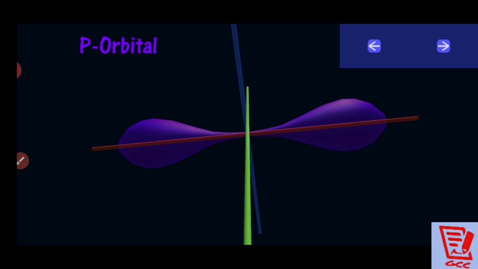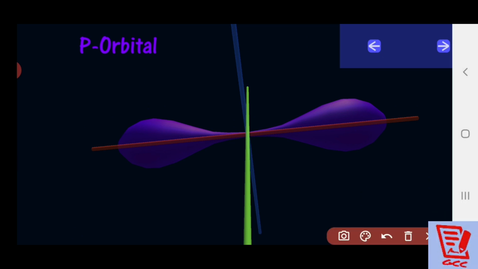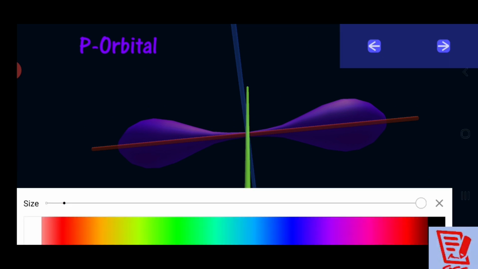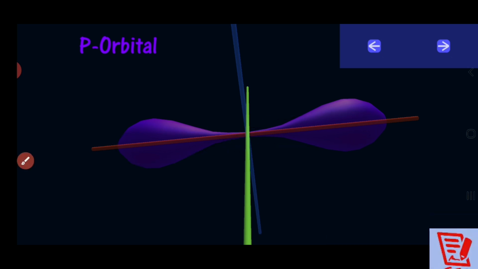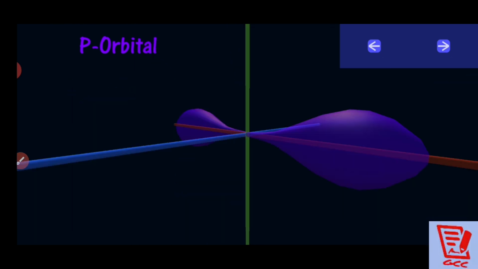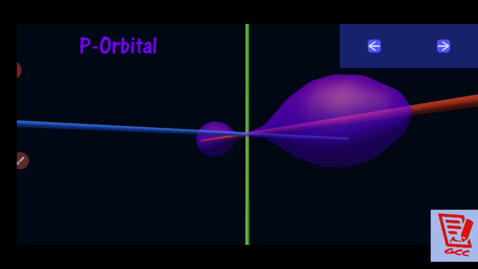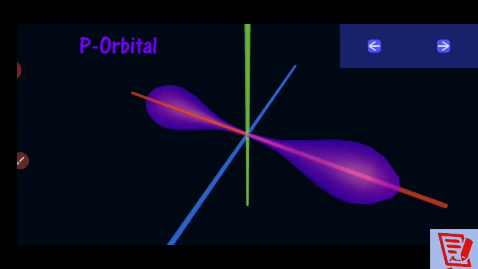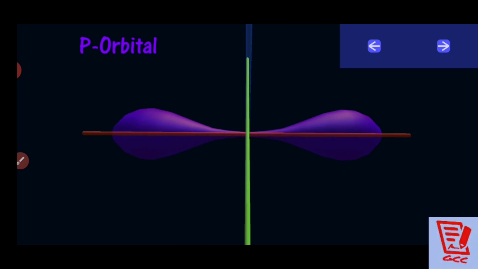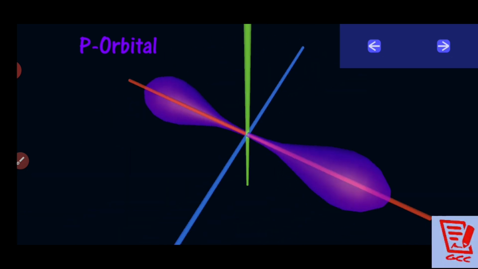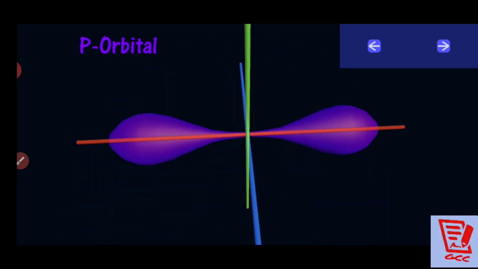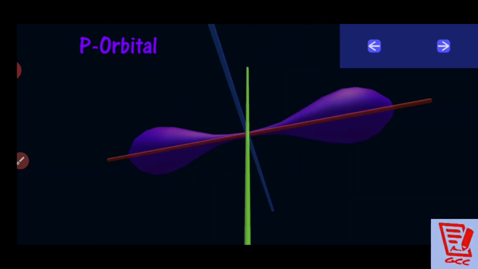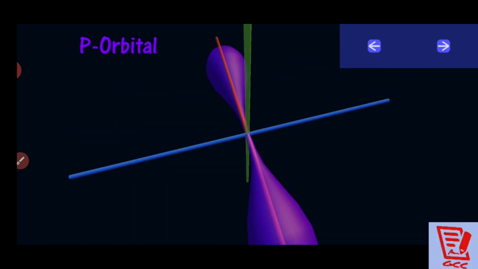In the same way, now you see it is a p orbital. See it very carefully. In the p orbital we usually have two lobes. Is there or not there? And these two lobes are rotating like this. You can see, it is a three-dimensional shape. Okay, two lobes are there, and that is why it is called a dumbbell shape. Clear?